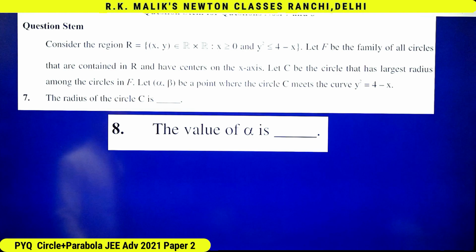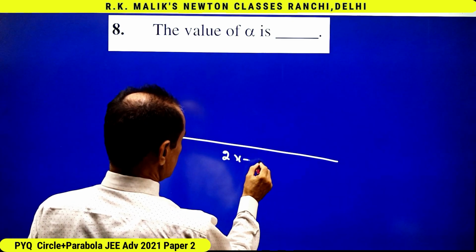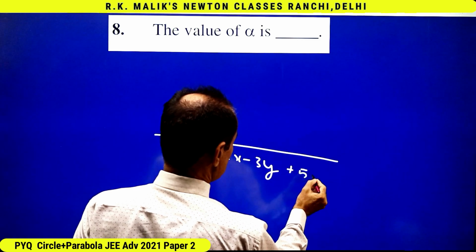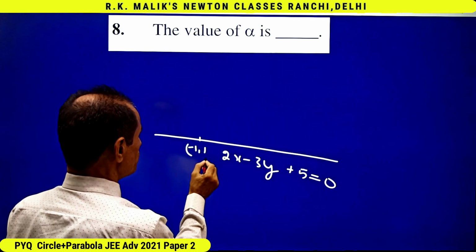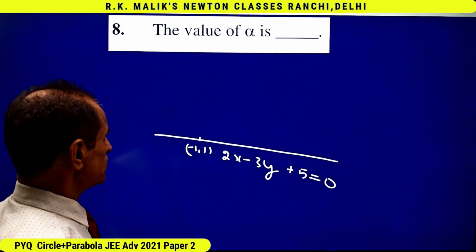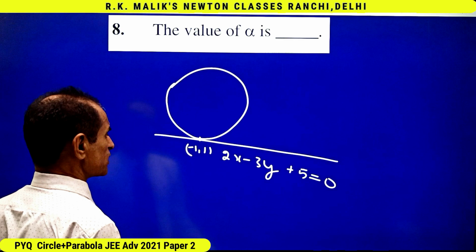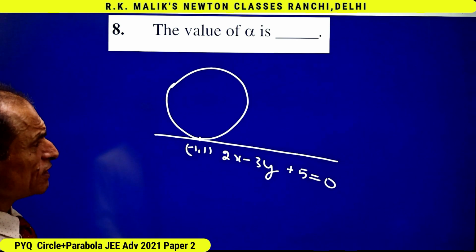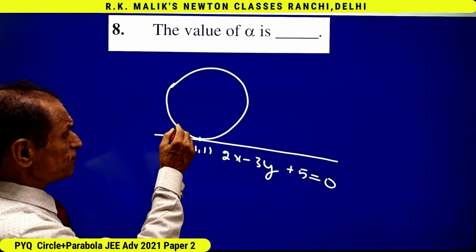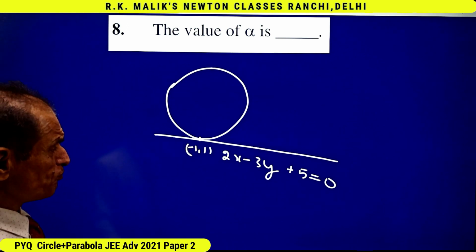point circle. And the concept of point circle says that suppose some line, say 2x minus 3y plus 5 equals 0, and (minus 1, 1) is a point on the line, and we have to find a circle touching this line at the point (minus 1, 1), and some third condition is given and you have to find the equation of circle. Whenever some circle touches some line at some point, we always use the concept of point circle,